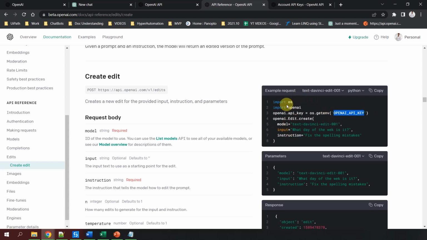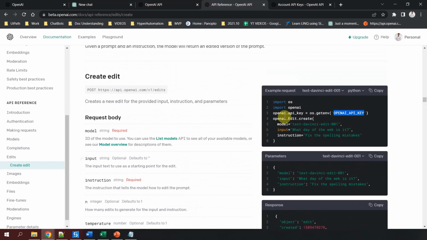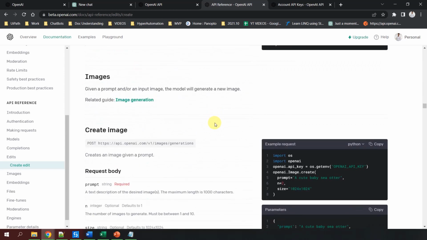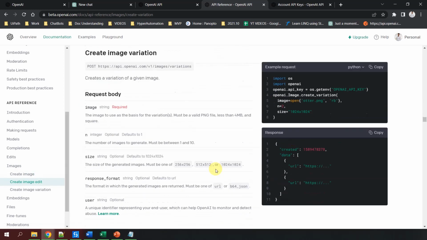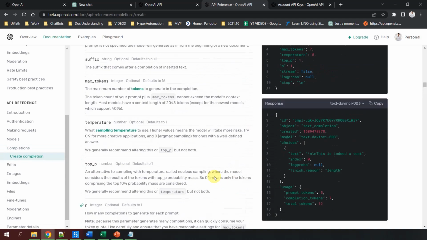Whatever you see here is in a Python format. My objective is to use the same thing in UiPath. So how can I do that? Till this point I hope you understand where you could find all these details. I have shown you for this one. Once you understand this, you can go and try all of this. There are a lot of models available. So we'll stick to this one,